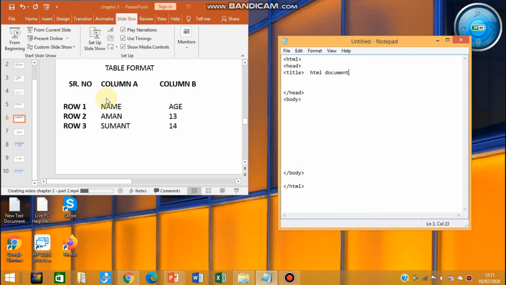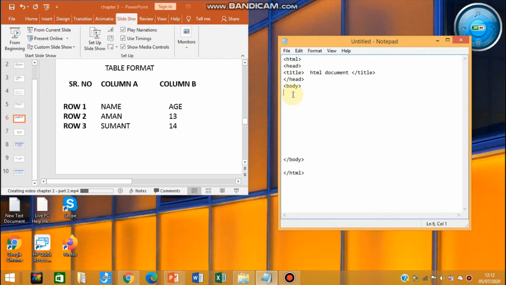Since you have opened the title tag, you have to also close it by adding the backslash. So the head part is done. The title of the web page is always written in the head part.